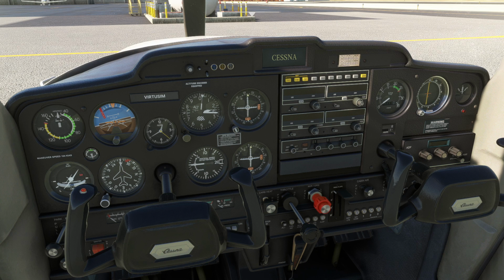Same here with the ADF. I'm just using the mouse wheel to adjust it. See? And the same is for these knobs here. If I'm coming here, I can change. Let me switch on some batteries,